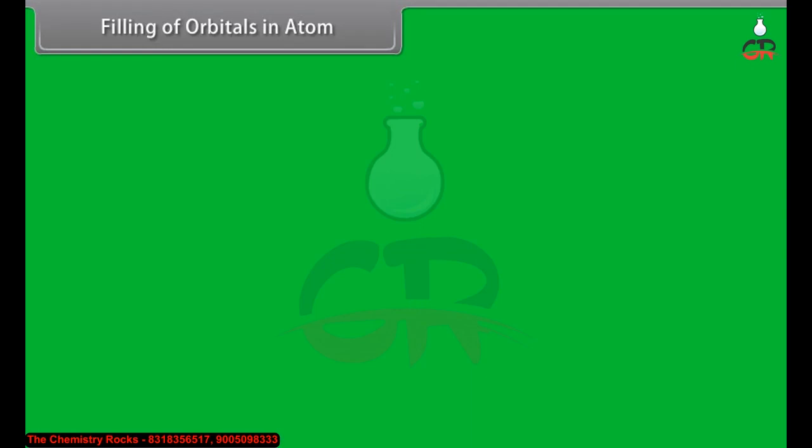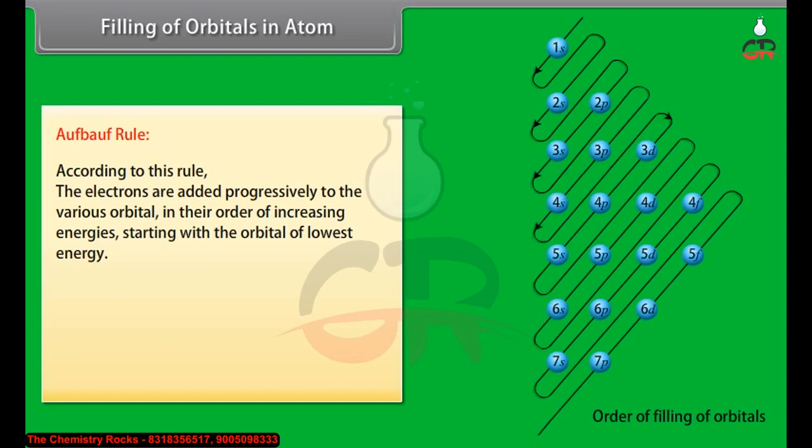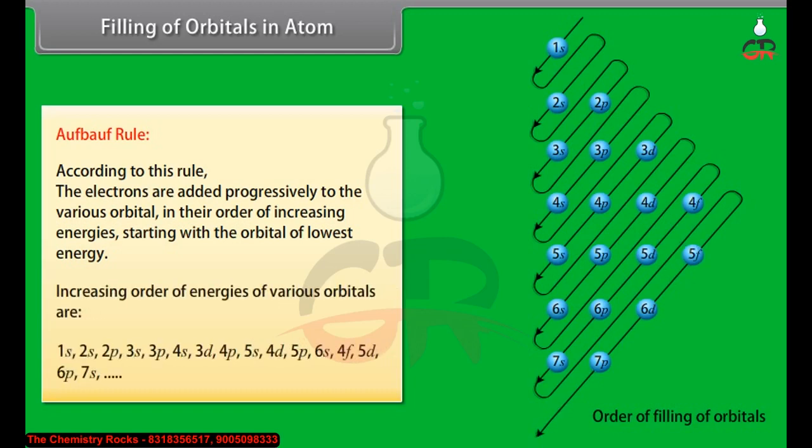Filling of orbitals in atoms. Aufbau rule. According to this rule, the electrons are added progressively to the various orbitals in their order of increasing energies, starting with the orbital of lowest energy. The increasing order of energies of various orbitals is: